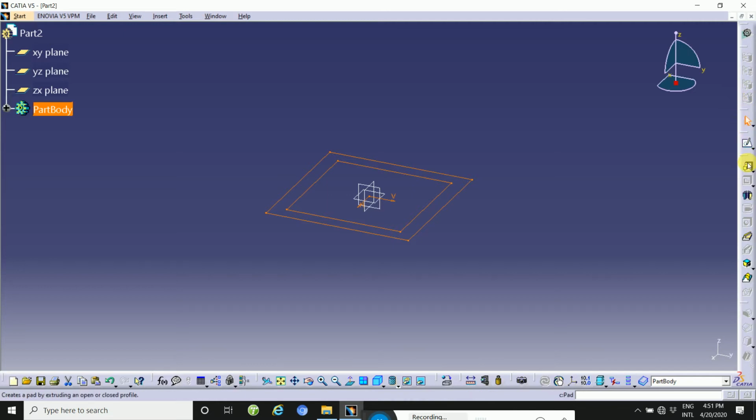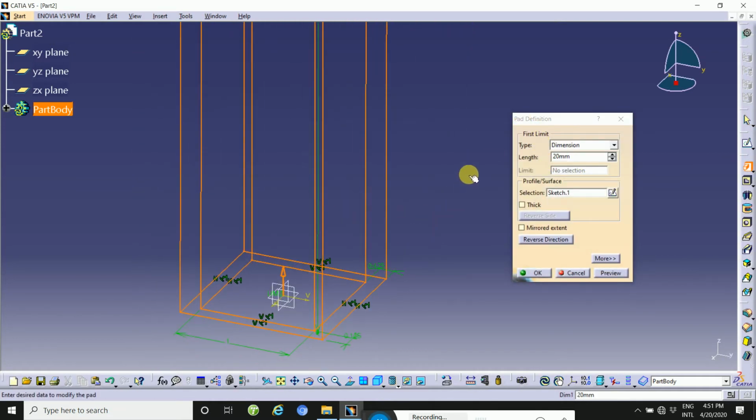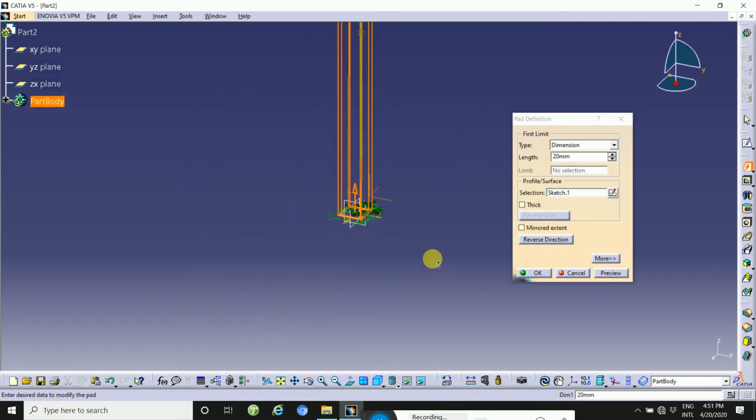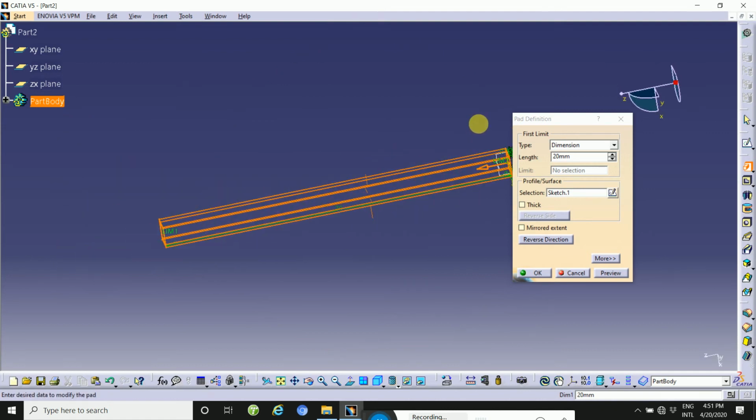This is the pad. It adds material to the 2D sketch. Now you can exit the sketch and then take the dimension 20.